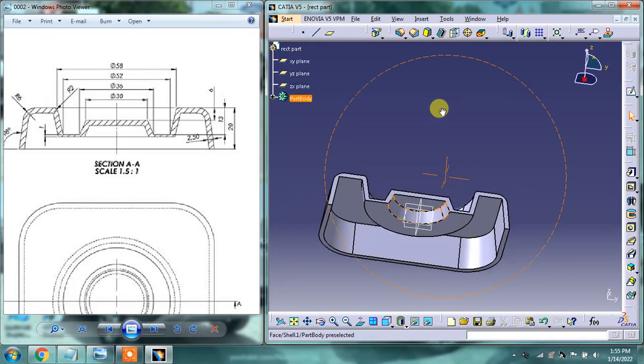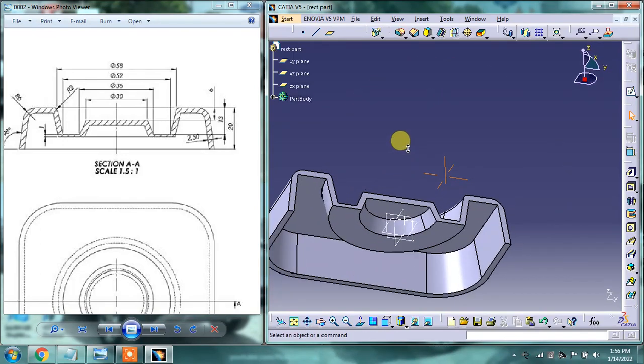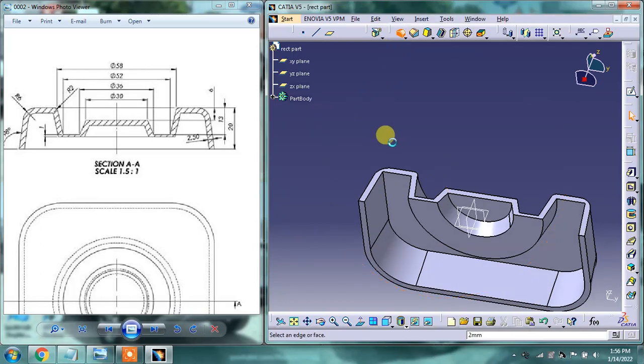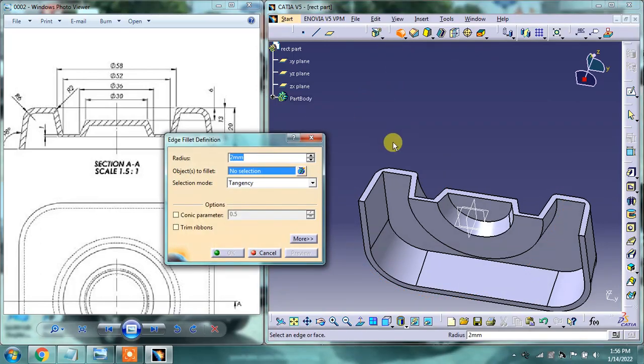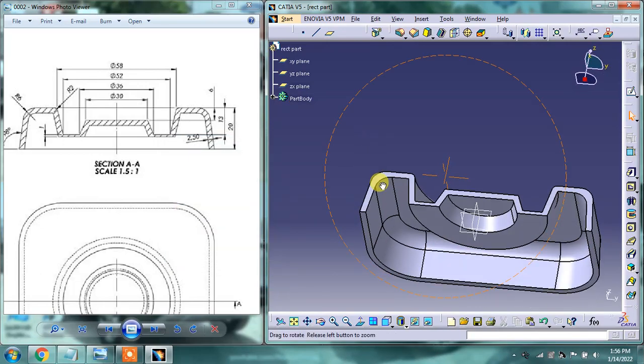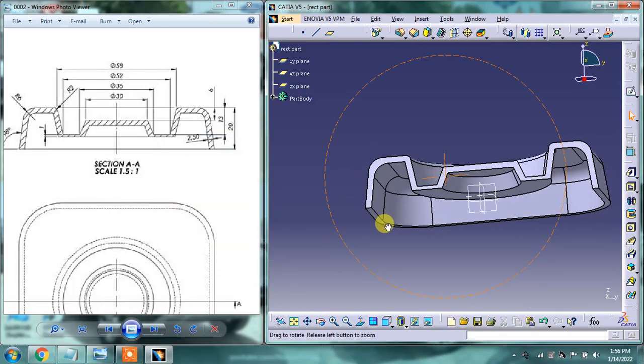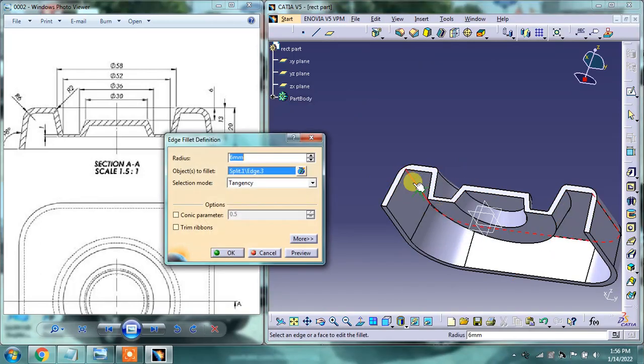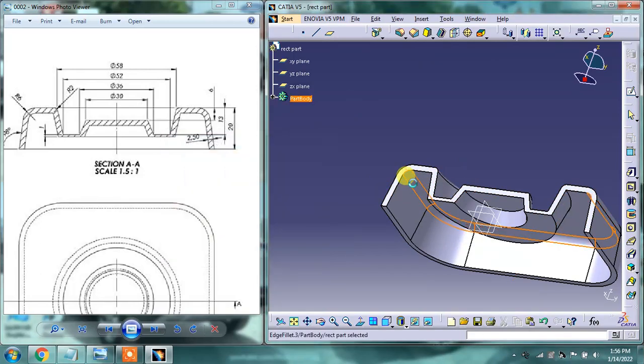So let's take another 6 mm fillet from this point. Let me see whether it takes or not. I think it is less than 6. Let's edit it, and I am taking 3 mm.